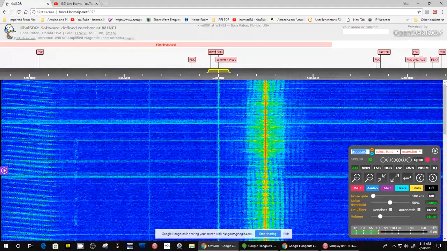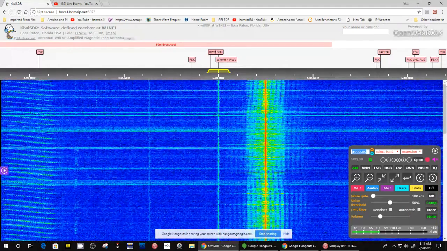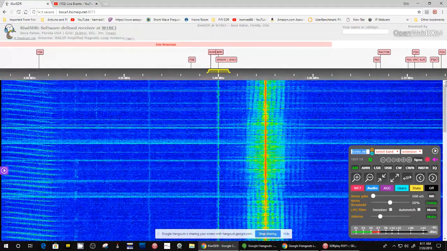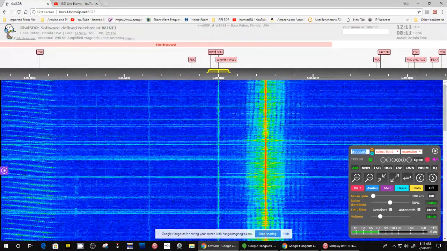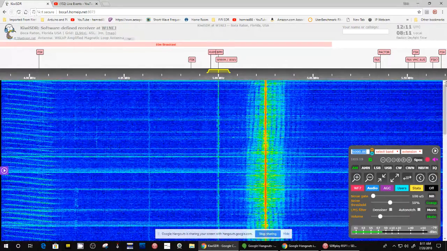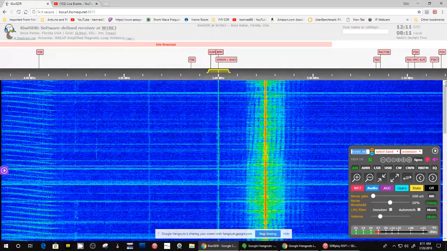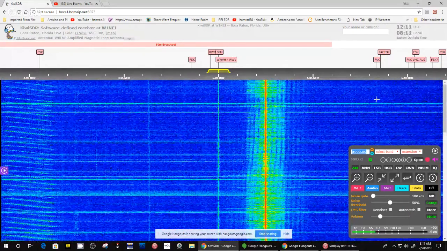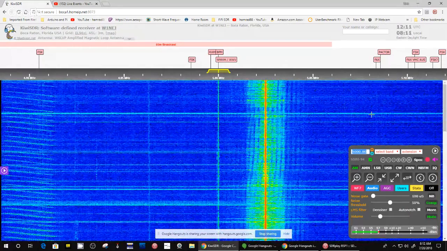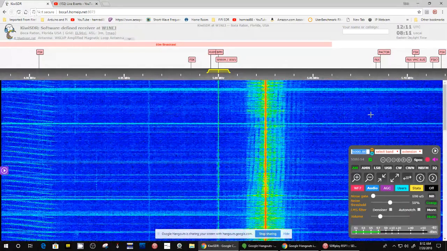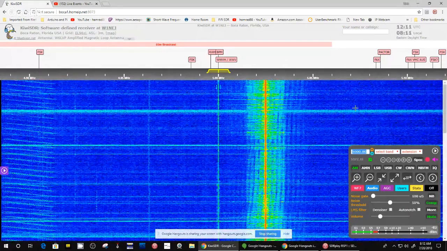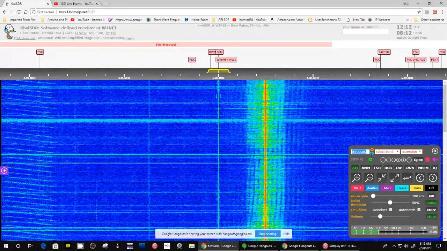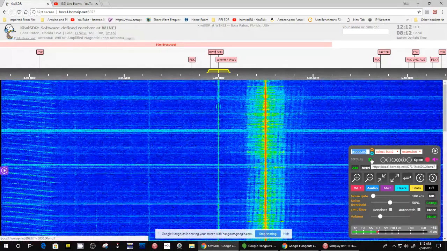So what I do is I use this website and I select a radio, and there's typically like 250 online at any given time, to see what other stations are receiving, and then I try to receive it on my local SDR or one of my Grundigs or whatever. So let's move on.